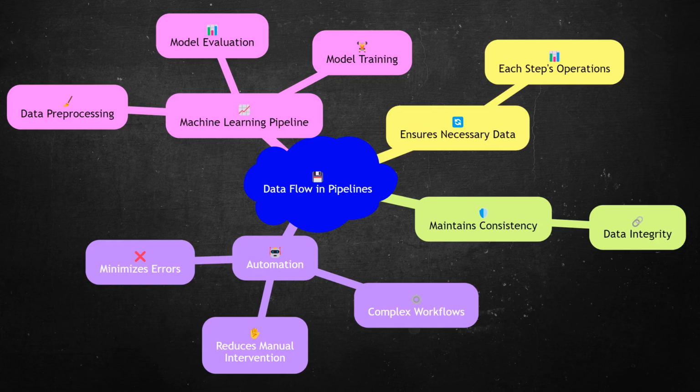The flow of data between steps in a pipeline is critical for several reasons. First, it ensures that each step has the necessary data to perform its operations. Second, it helps maintain data consistency and integrity throughout the pipeline. Finally, it allows for the automation of complex workflows, reducing the need for manual intervention and minimizing the risk of errors. In a machine learning pipeline, this means that data pre-processing, model training, and model evaluation can all be seamlessly